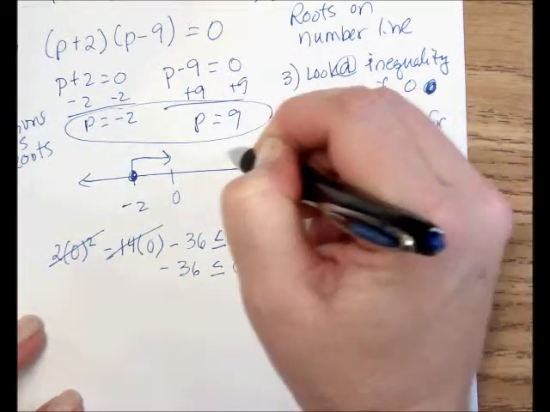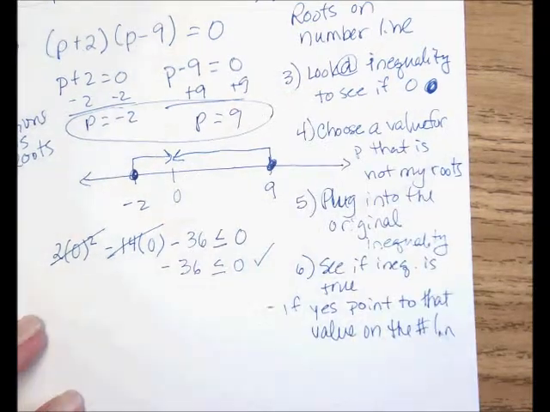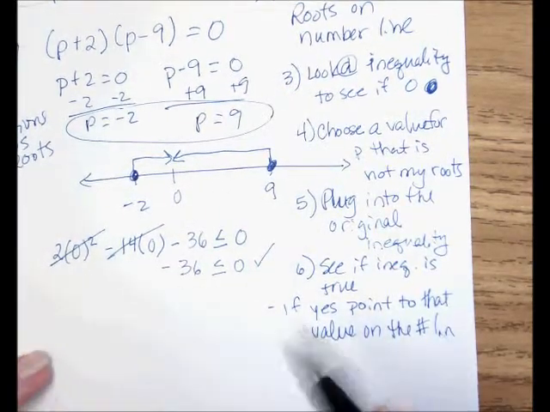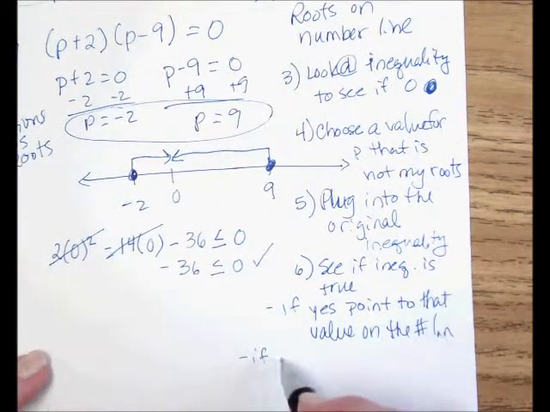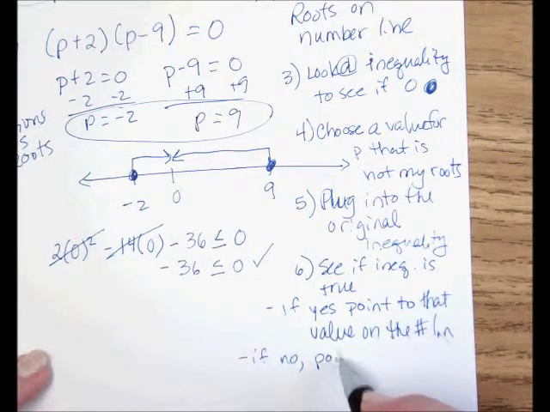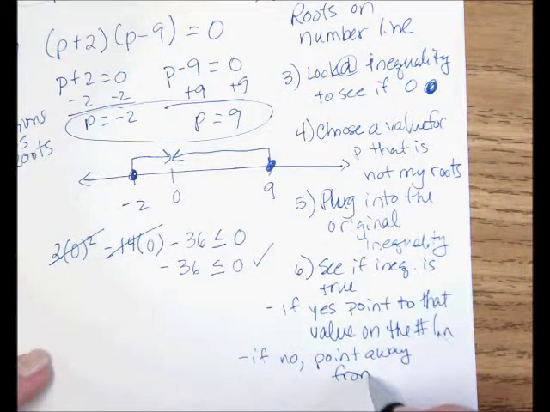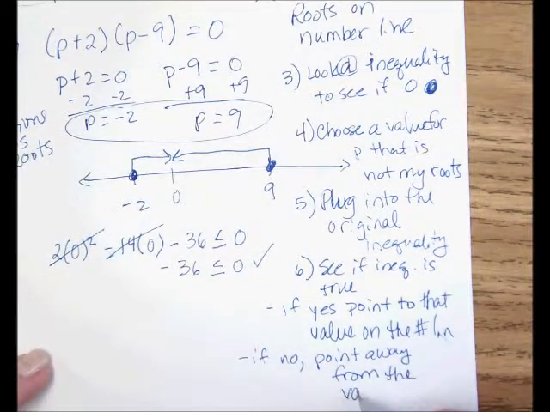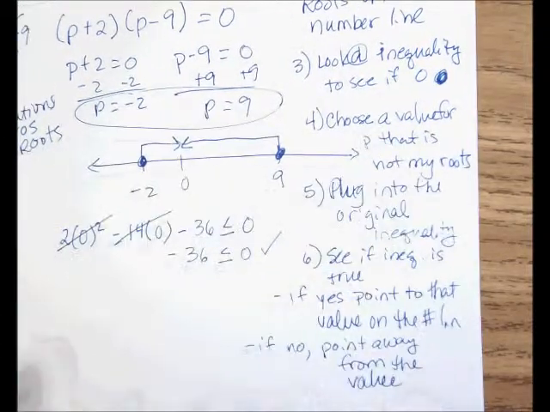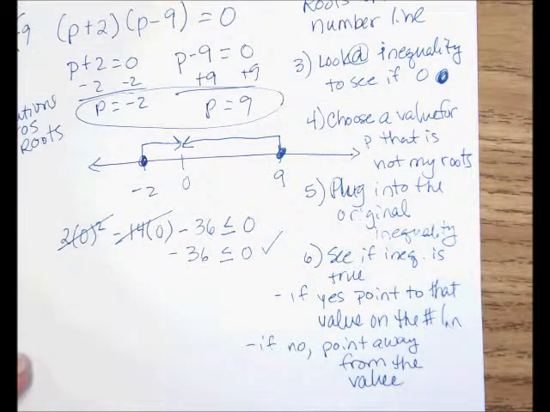And since it's yes, I go from the 9 and I point to the 0. But if it was no, I pointed away from that value. So that kind of gives you an indication of how to do it. Now, that's what the number line is going to look like, and a lot of times you're going to have